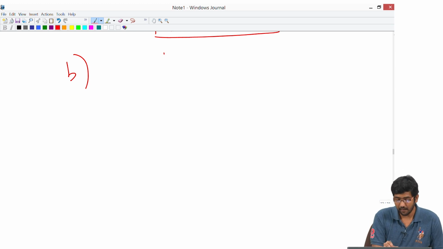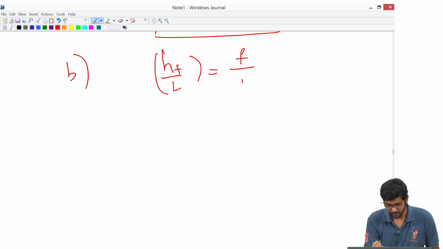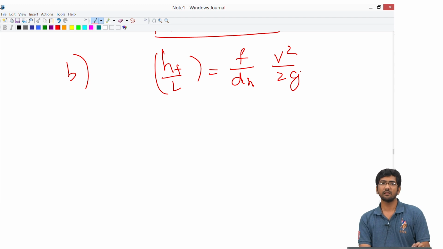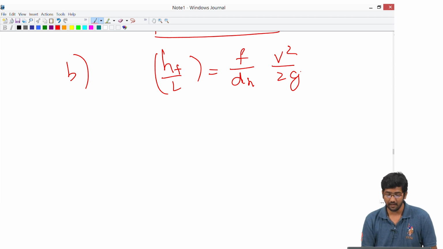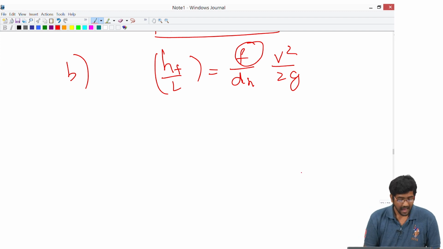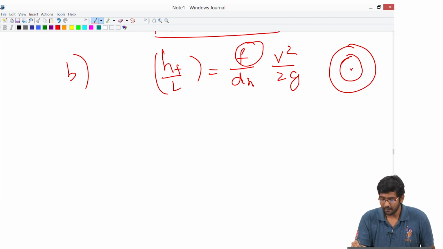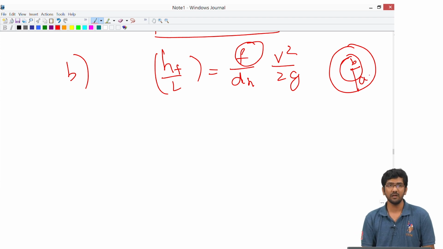So, here what we do is that we have an expression for head loss, and we were asked to assume that the flow in an annular duct is laminar. Therefore, we can directly calculate f, because we have a relation between f and Reynolds number in the case of a laminar flow, and we need to suggest the values of A and B, which are the radius of the inner pipe and the outer pipe, that give the head loss same as that of a circular pipe.